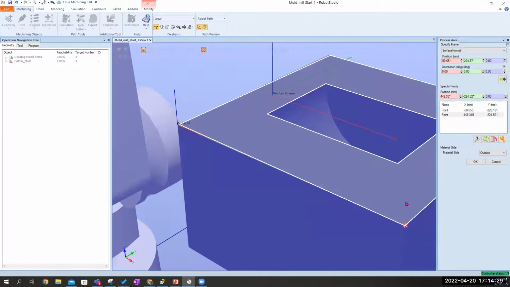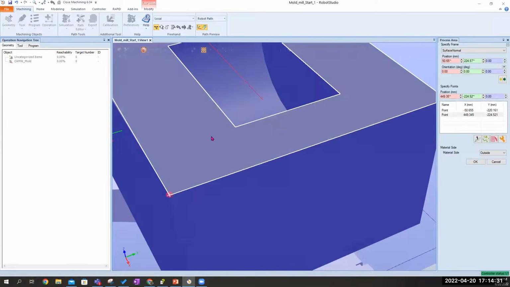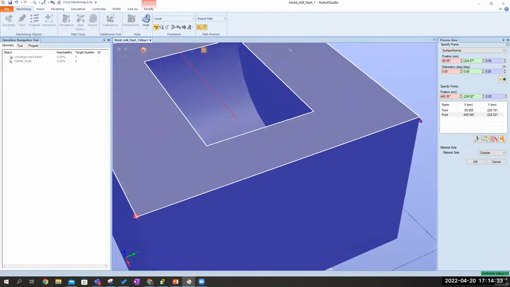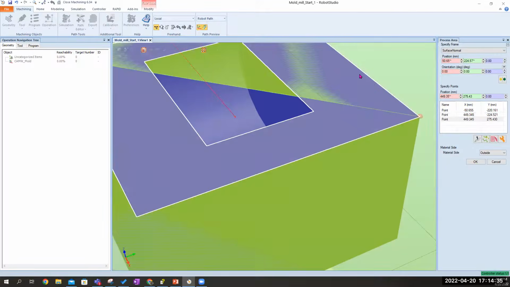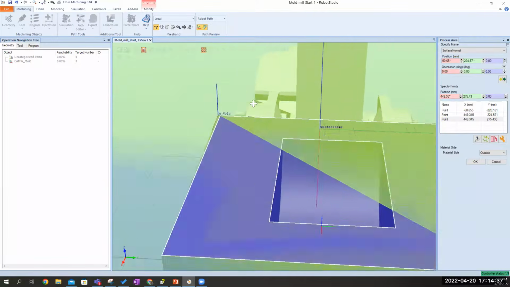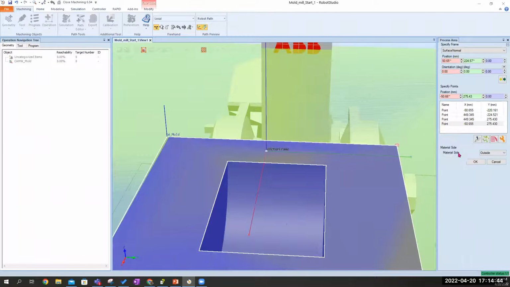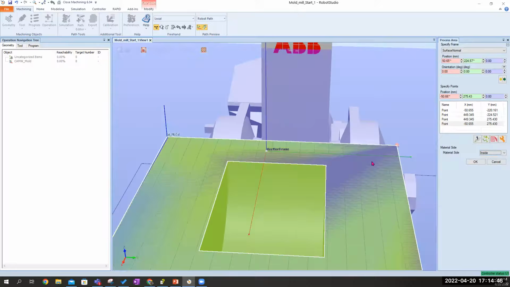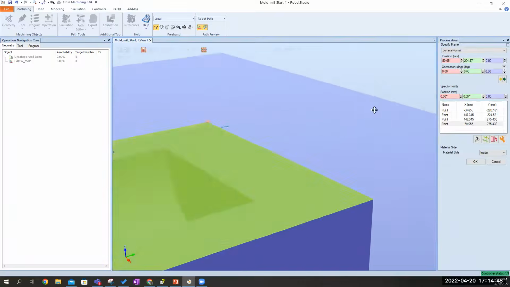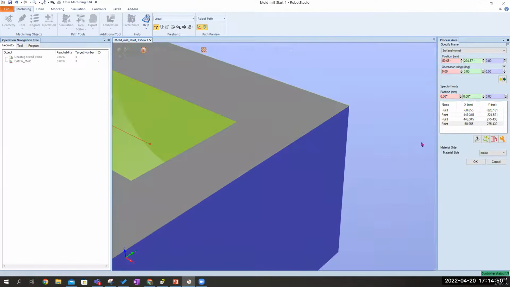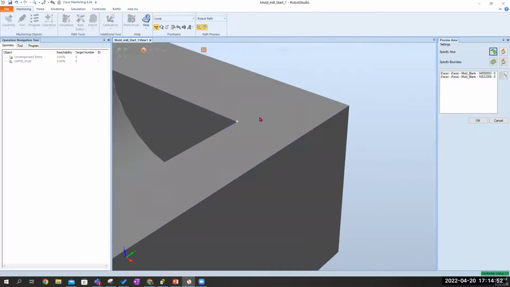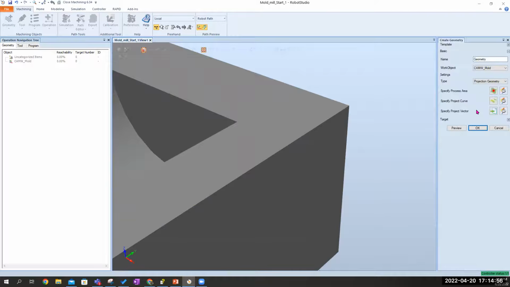And 2. And 3. And 4, if I can get it. 4. And it's going to be on the inside of those 4. And there we go. This is very cool. So that's our boundary, which is cool. We set the boundary and we set the areas. We say, okay. And now we'll do the